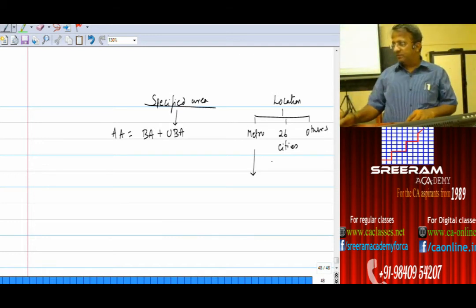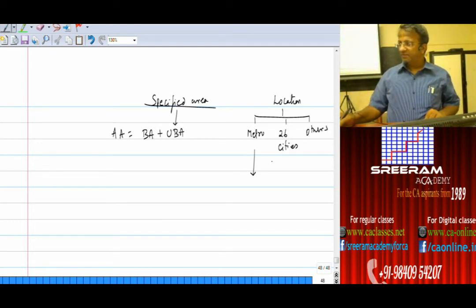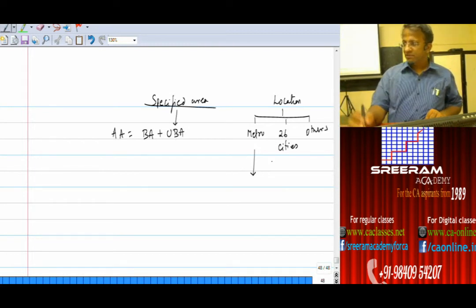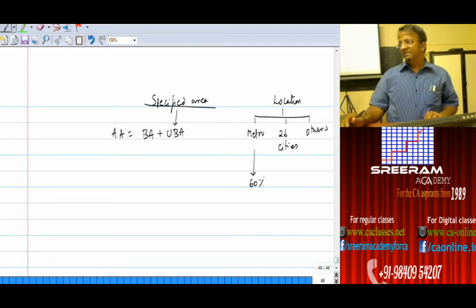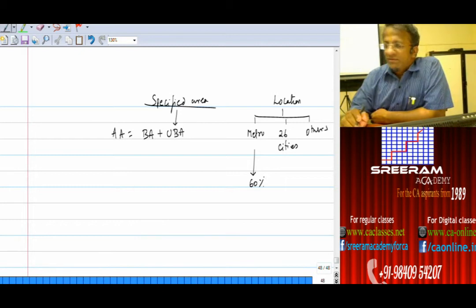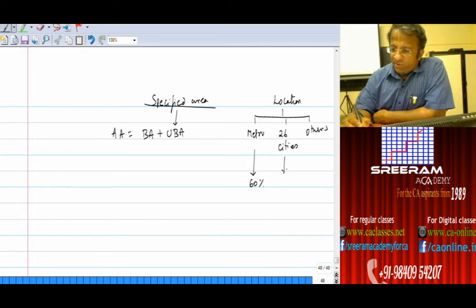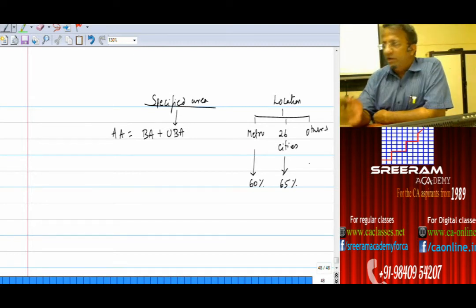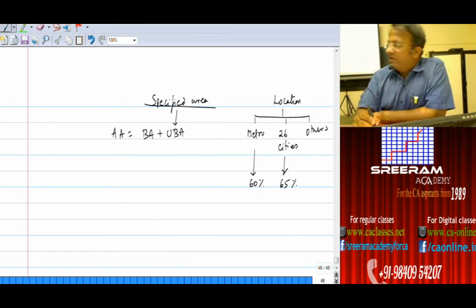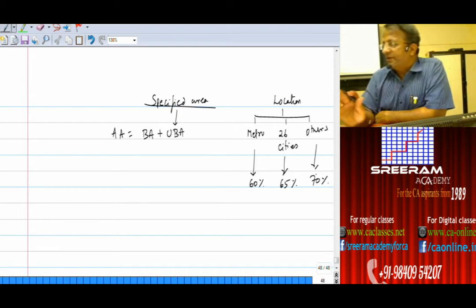So in metro, what is the percentage? See, in the percentage also, is that they have given? Is there any percentage given? No, I will just give you. So 60% for metro. So 60% they given for metro, and greater percentage will be given for a little, what should I say, where space is very your precious commodity and all that. So you can say that it is metro 60, 65 and others category 70%.